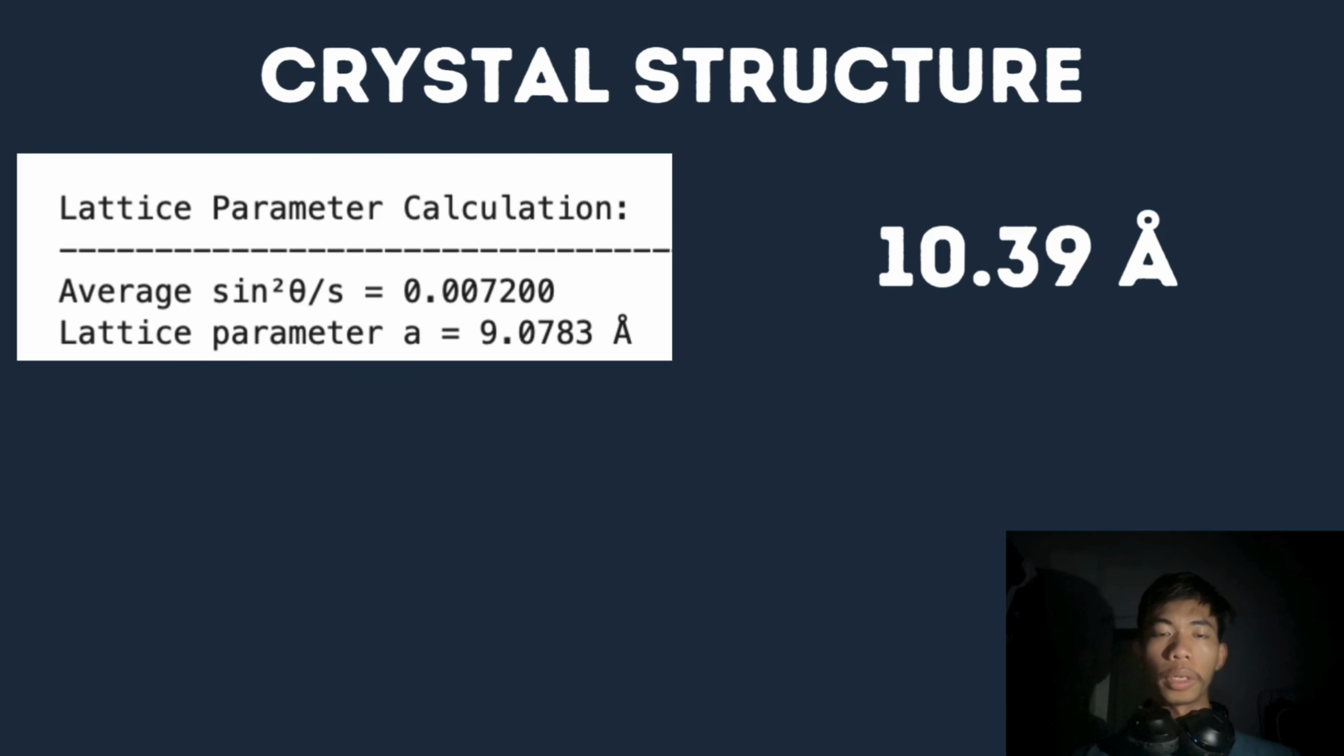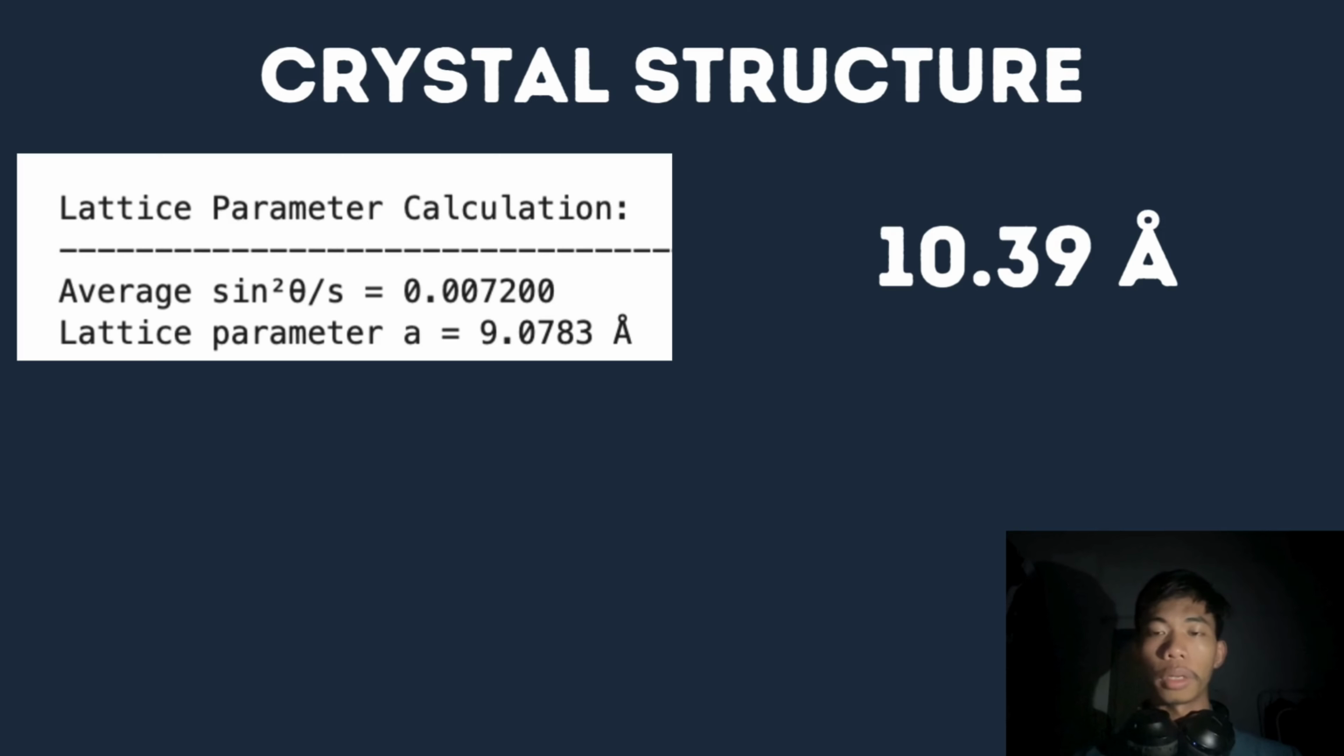From the data we have, we can get the d-spacing by putting in the HKL we get from the matching references, and then we get the lattice parameter, which is 9.0783 angstrom, which is not so far, but it is slightly different compared to the 10.39 from the Materials Project, which is due to HKL planes, and maybe there is some